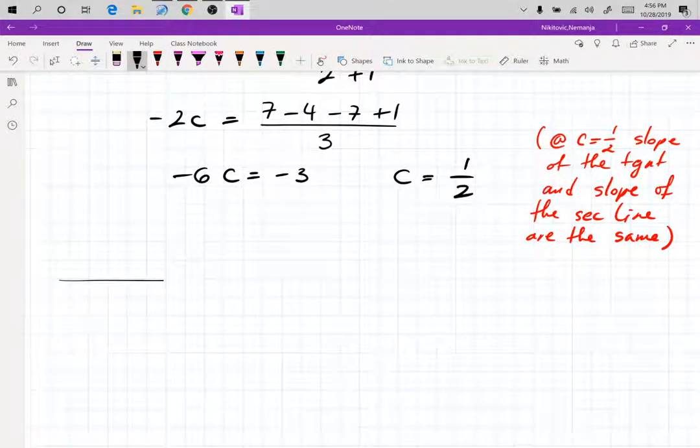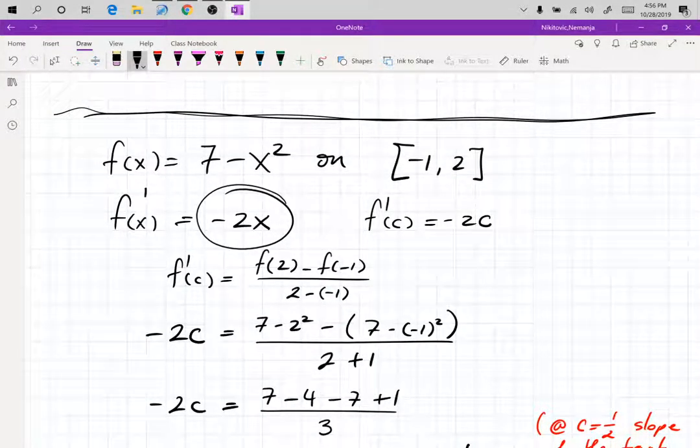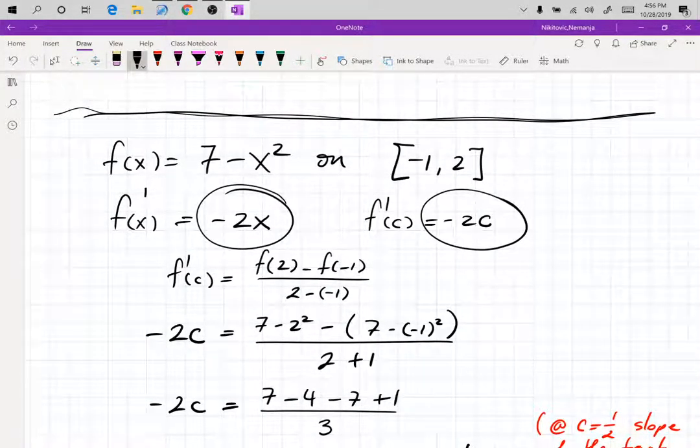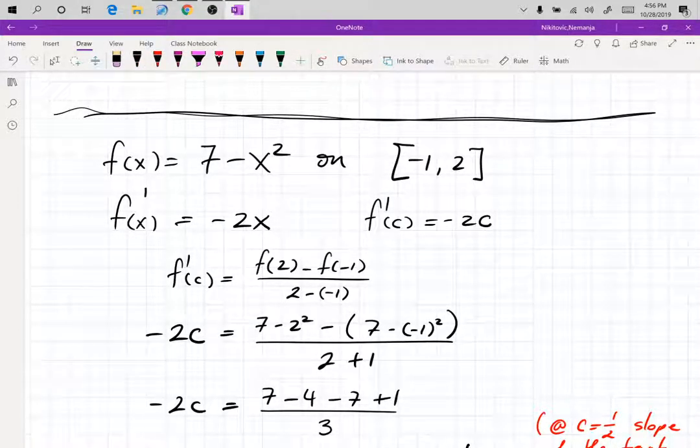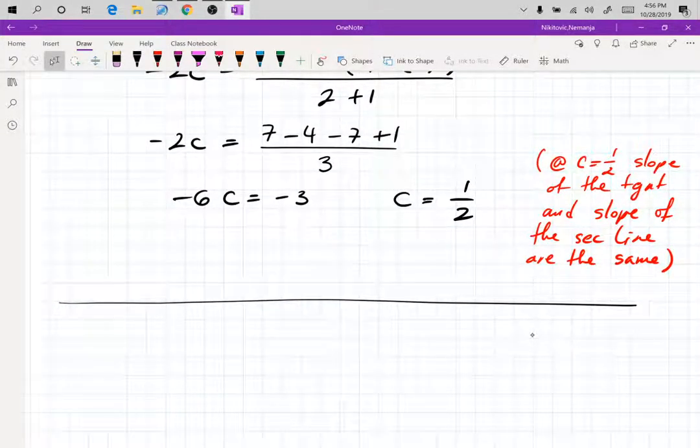All right, one more example. So you find the derivative. Then you put that derivative in terms of c because you need f prime of c. And then you are solving, c is your variable, right? You're solving for c. Everything on the right hand side is given because you have the function, you have the points. It's always f of b minus f of a, so you plug all of those in, and then you just plow through calculation. Eventually you'll have a c, and that's it. You're looking for that c, because that's the x location at which the tangent line will have the same slope.